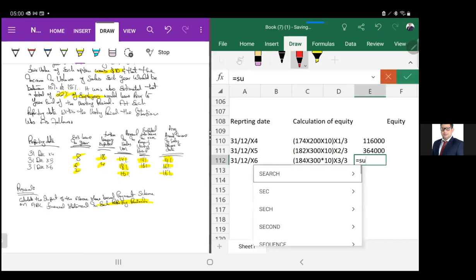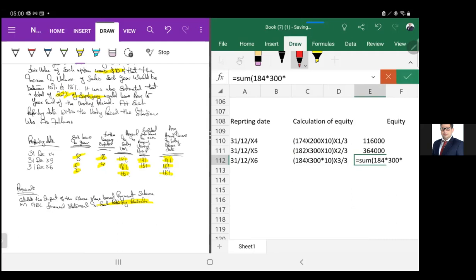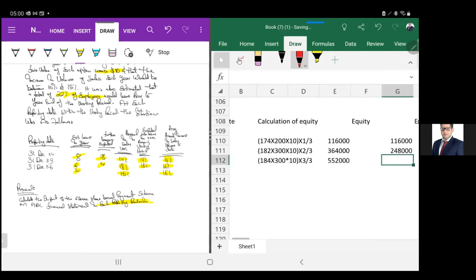It is equal to 184 multiplied by 300 multiplied by 10, that's it, 552, right? So 552